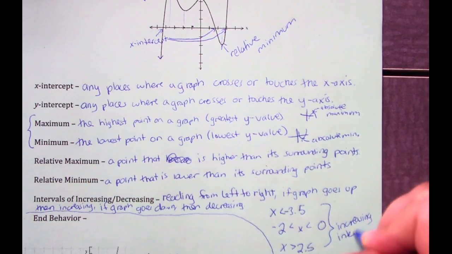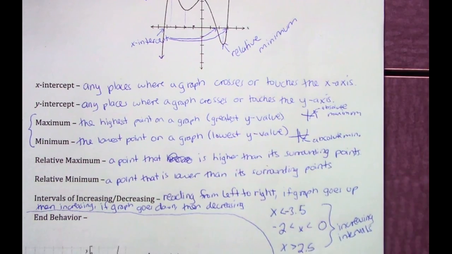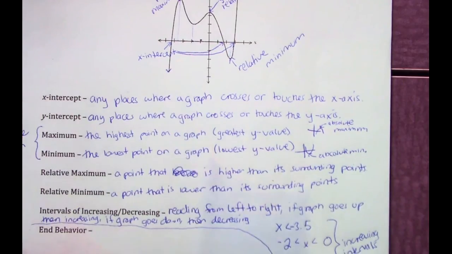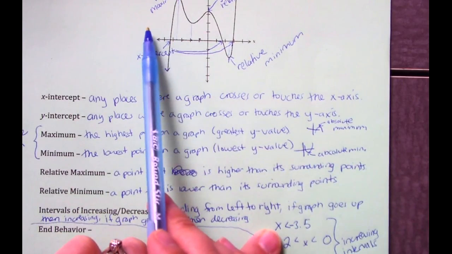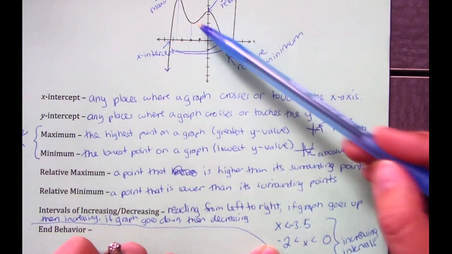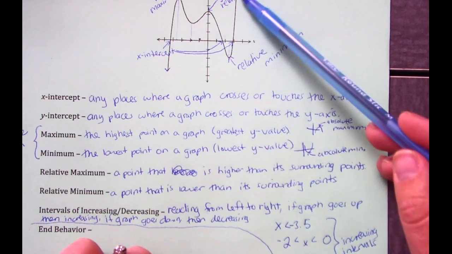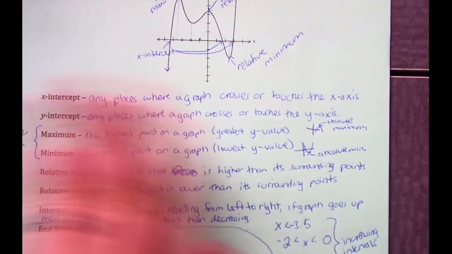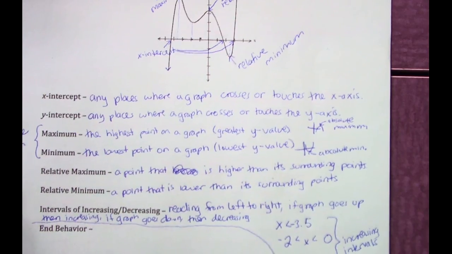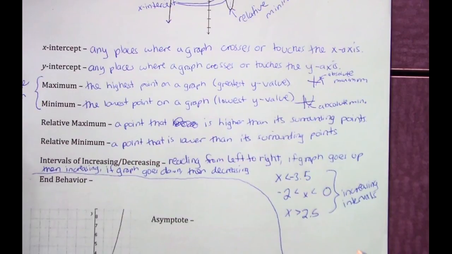intervals on our graph. x is smaller than negative 3.5, x is in between negative 2 and 0, and x is greater than a positive 2.5. Those are all the spots on this graph where the graph is increasing. The decreasing spots on the graph